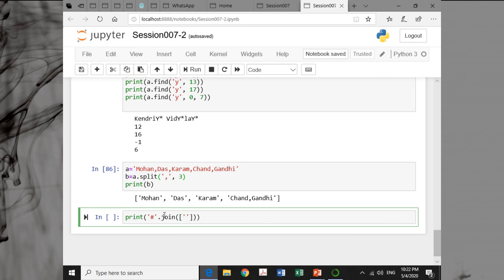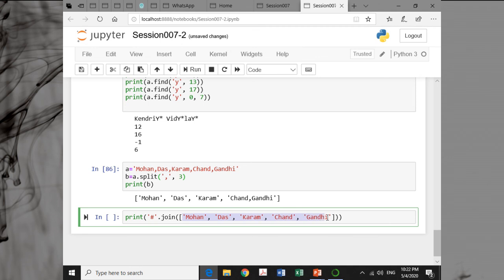So suppose we are having the same entries, Mohan, Das, Karam, Chand, Gandhi, Mohandas Karamchand Gandhi. So what happens?